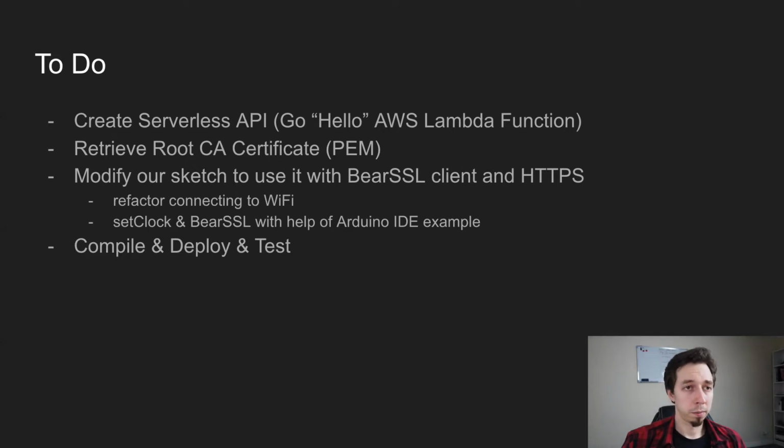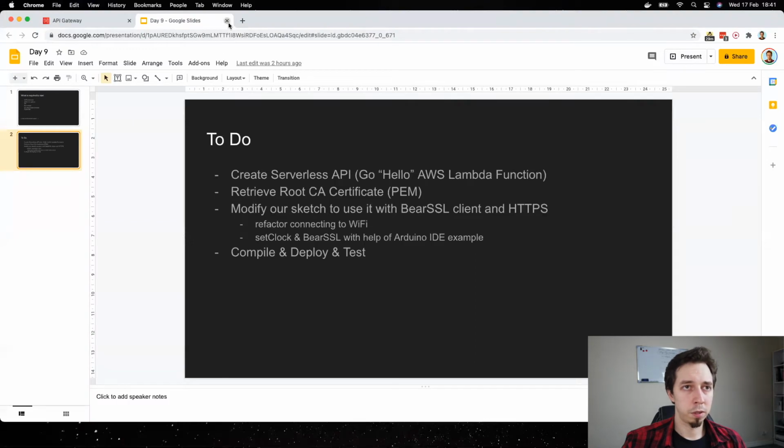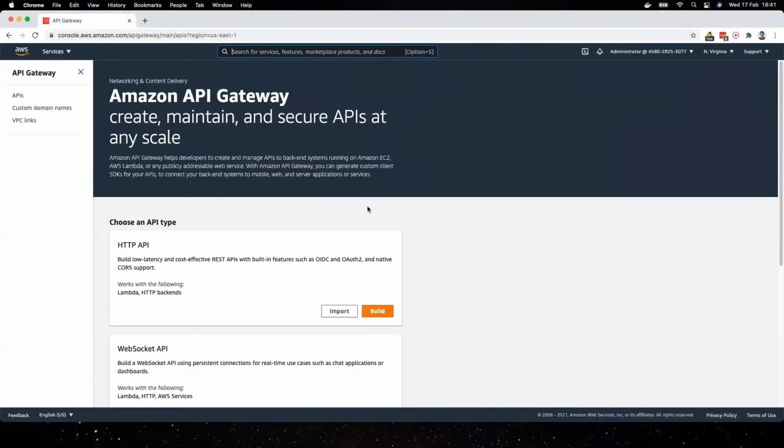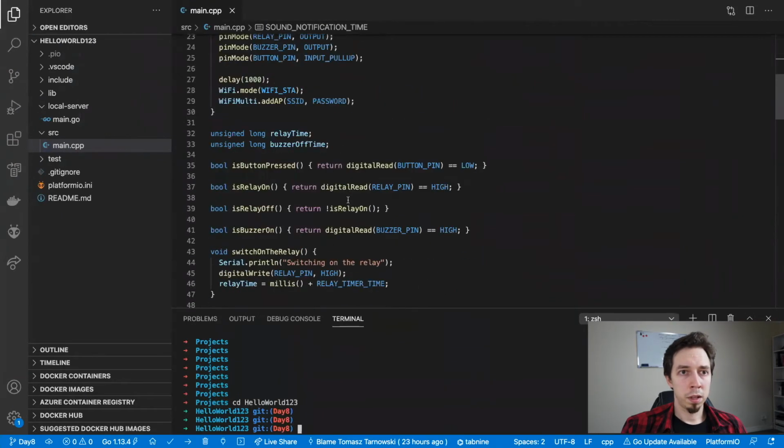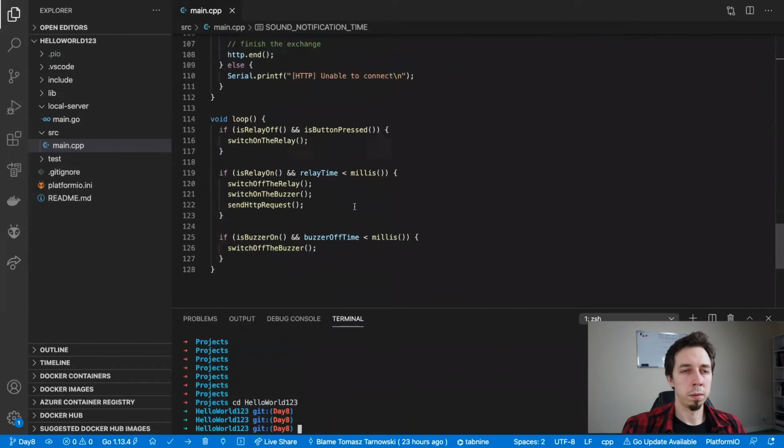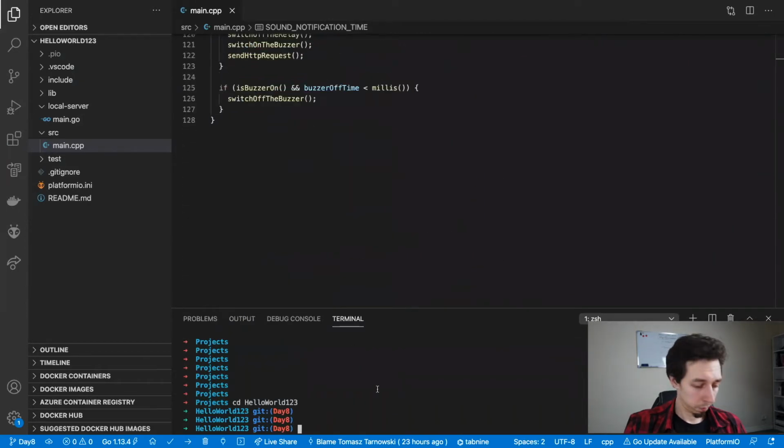Now I can move to the code. Let me close the presentation. Okay, so that's what we built yesterday, that we're going to modify later on because we're going to start from the serverless part. However, for serverless, we need a new project. So I'm going to go to the terminal and go one level up in the directory tree, to the projects. And here, because I've got serverless installed, which is the requirement here,